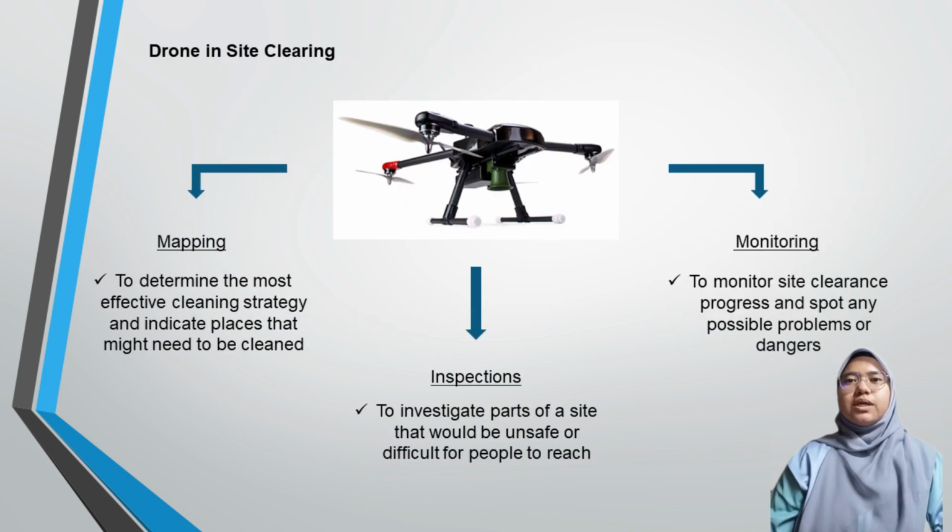Next is drone in site clearing. Usually, there are a few uses of drones that can be highlighted in site clearing activities. First, we have mapping, to indicate places that might need to be cleaned, especially for a new site. Next is inspection, to investigate parts of the site that would be unsafe or difficult for a person to reach, and to stay aware of the current situation. Last but not least, we can use drones to monitor site clearance progress and spot any possible incidents in our